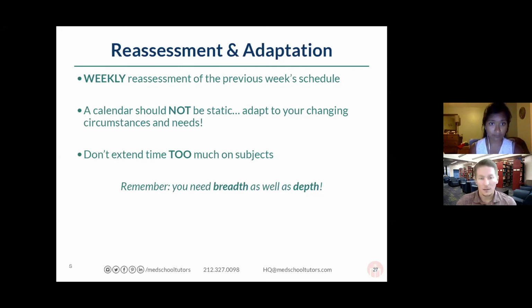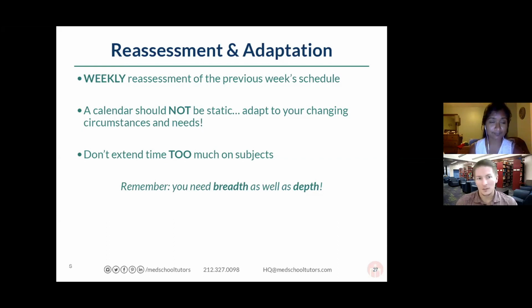But then take stock after you spend a week studying and ask, is this manageable? Can I actually duplicate this effort for the next few weeks? If the answer is no, then adapt, change things up, move things around, change what your strategy is. One thing to point out though is that as you're developing your strategy and figuring out how you can make things work,